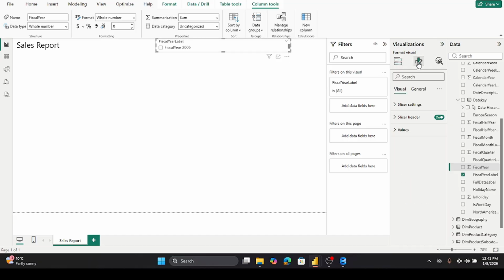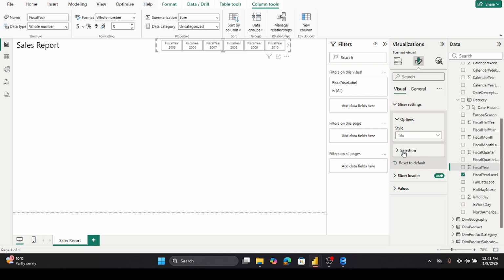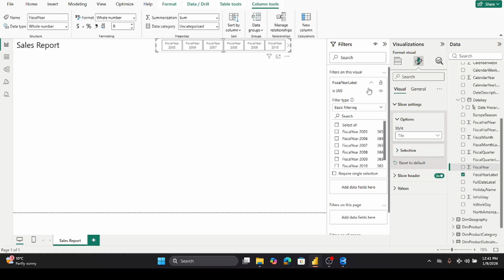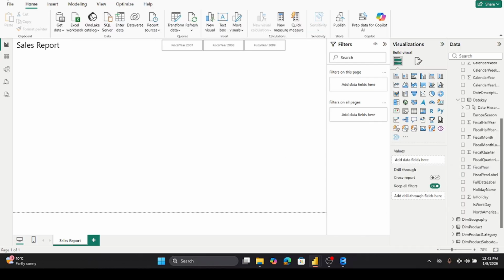And we will go to slicer settings, we will use the tile, and in the filters we will use only 3 years: 2007, 2008, and 2009. That will be our main area of data analysis. Okay, so we'll save this project, and in the first we will